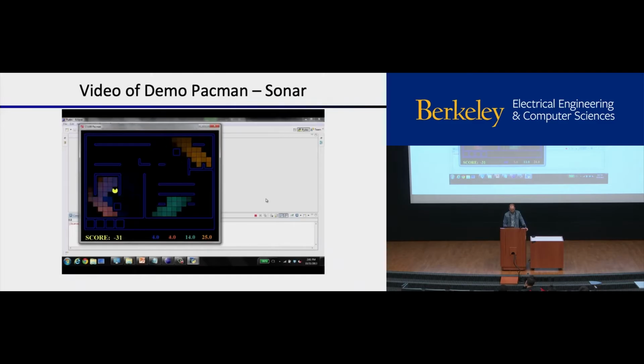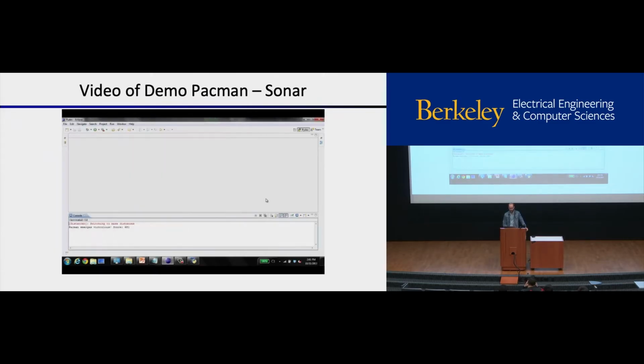Okay. The distributions are representing the probability that he assigns to that particular ghost being in that spot. And he's kind of figured out, oh, he's got the blue one. He's kind of narrowing down where the red one is. He's trapped it, there it is. Now he's going for the orange one, there, he's got it. So he's acting rationally with respect to his uncertainty. There he goes, he's got them all.